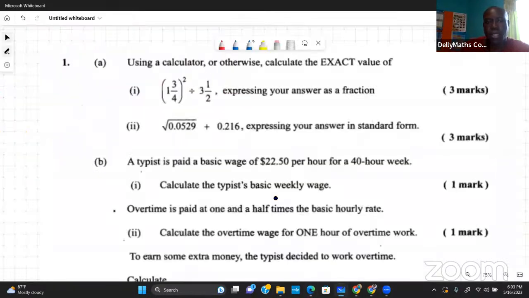All right, so check it out, we got 7/8 for that. Let's look at the next one. We're supposed to find the square root of 0.0529 plus 0.216. What we want to do at this moment is use our calculator, to show that we can use our calculator well. So we put 0.0529 on the calculator and we get 0.23. You want to add that to 0.216. When you add that, we're getting